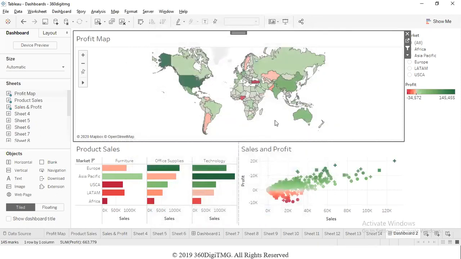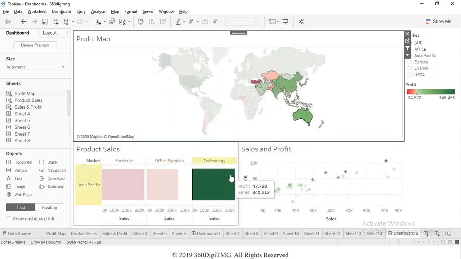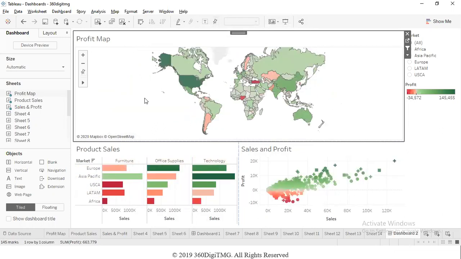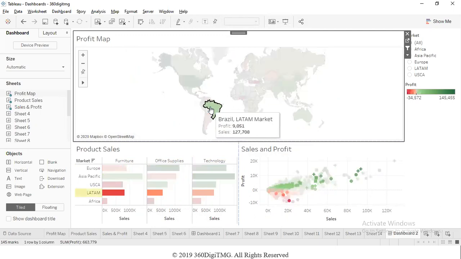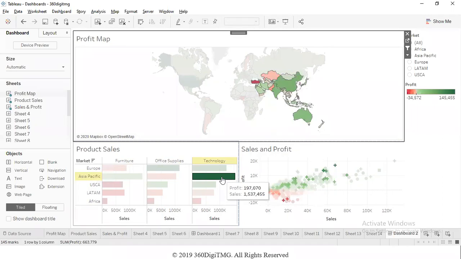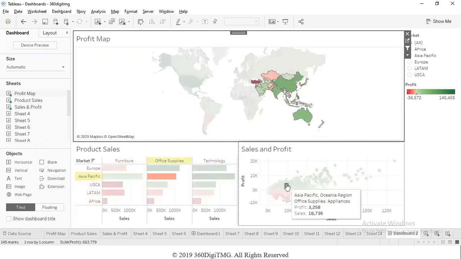What a filter does is eliminate the rest of the data. It is giving us only information pertaining to the selection that we make. Other data it is eliminating. So highlight, on the other hand, when you hover the mouse pointer towards a mark, relevant data is highlighted on the graphs, and the rest of the data is dimmed out. We can add actions like this also to bring in interactivity. So I go here, I know this corresponds to Asia Pacific and the technology market. Or any mark over here, you can go and understand which region it is coming from and what the sales and profit are like.